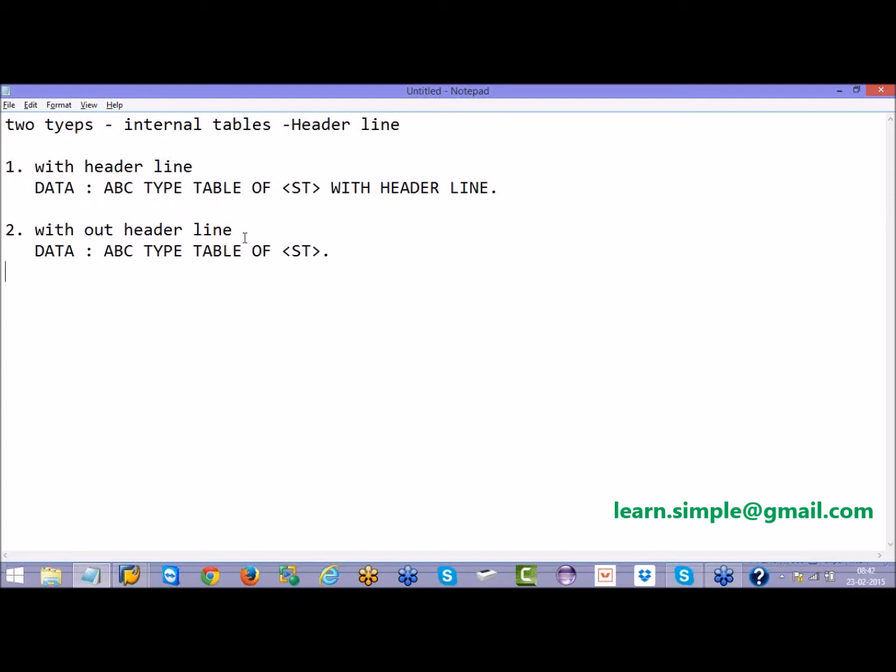That means it doesn't have a work area. You need to declare a different work area for this. In the first case, your internal table name is ABC and your work area name is also ABC. But in this case, you have a different name for the internal table body and a different name for the work area. So based on header line, internal tables are divided into two categories.